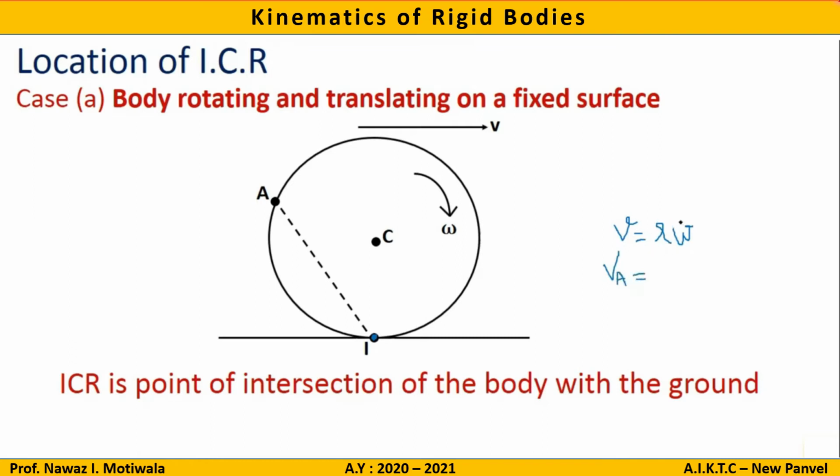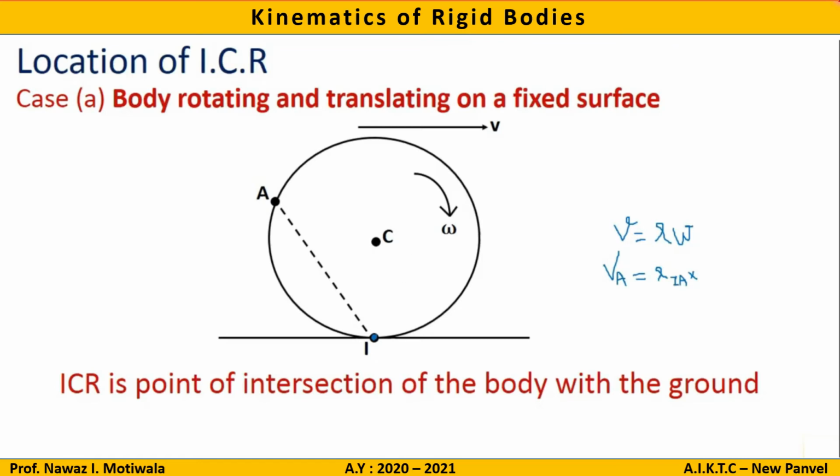Now what is this R? This R means the distance of that particular point from ICR. Again I repeat, R means the distance of the point of interest, that means the point at which we want to find out velocity, from the ICR located. So here you can see ICR is this point and A is this point. So the distance between ICR and A is IA. So I will write here RIA multiplied by,